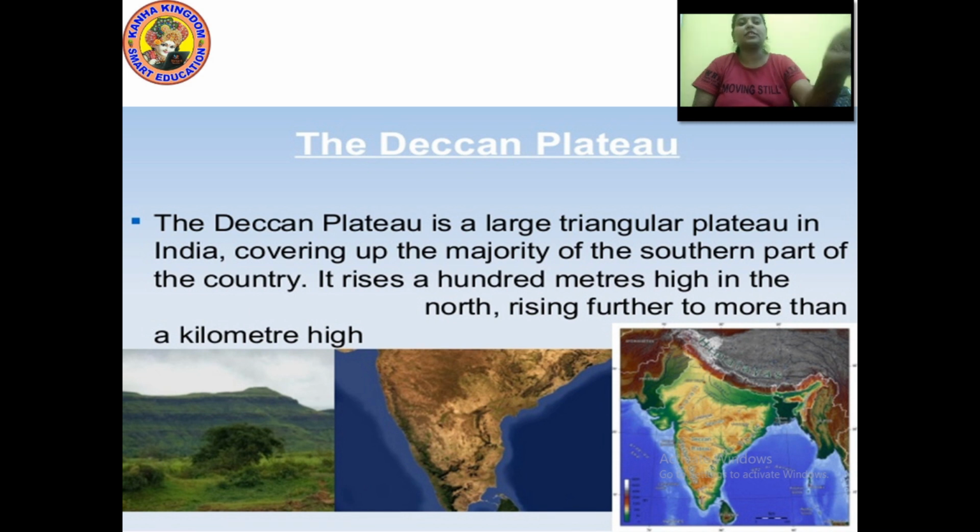In the south, are you able to see that India is covered on three sides by water bodies: the Arabian Sea, the Indian Ocean and the Bay of Bengal. So on three sides we have water bodies, and in the south it is triangular in shape, and due to this the Deccan Plateau is said to be a large triangular plateau.